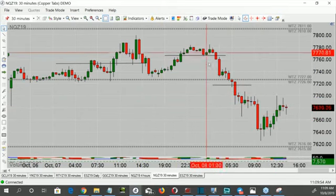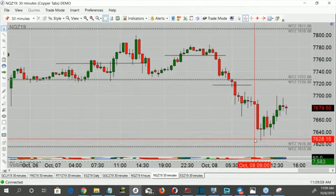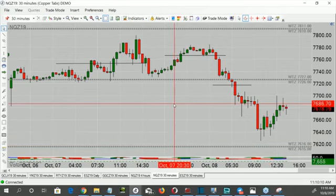Okay, from the entry, we didn't get all the way to the zone below. Let me check and see if we got to this week's zone. 76. Yeah, we did. Okay, so